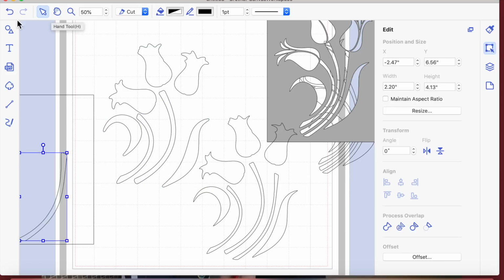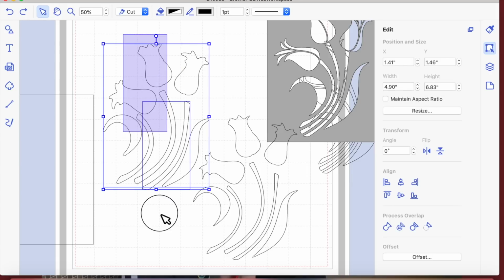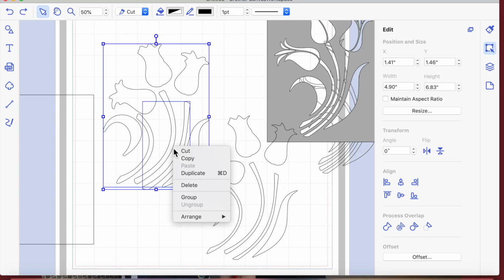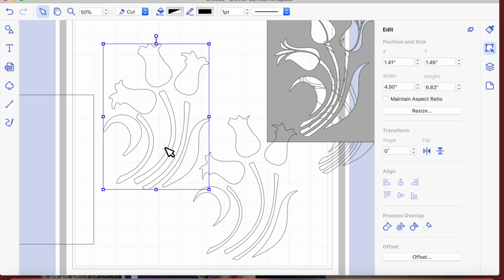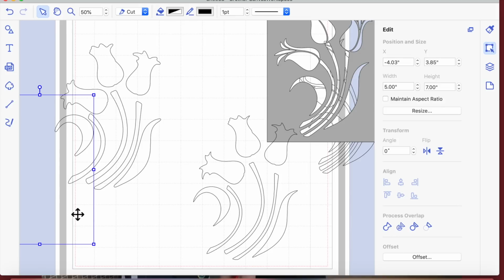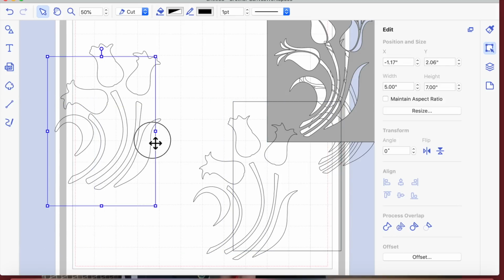Oh, I've missed one there, I'm just going to undo that. So I've not quite got them all at all, I've got that one missing. So I'm just going to make sure I've got them all grouped. Now they're all grouped, I'm just going to make a duplicate of that so I don't have to faff around making and resizing. I'm going to bring this on,